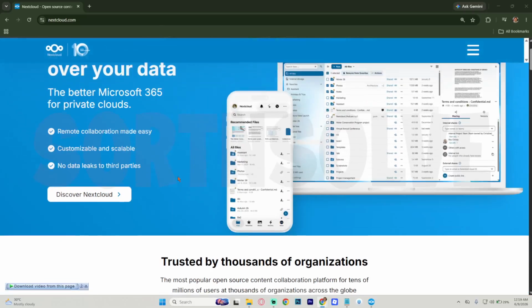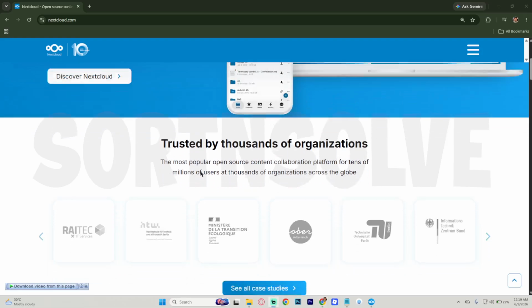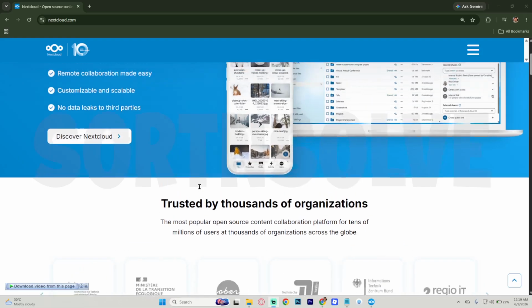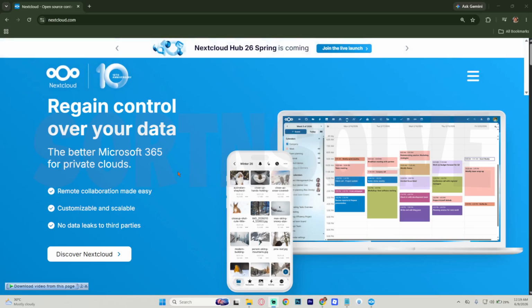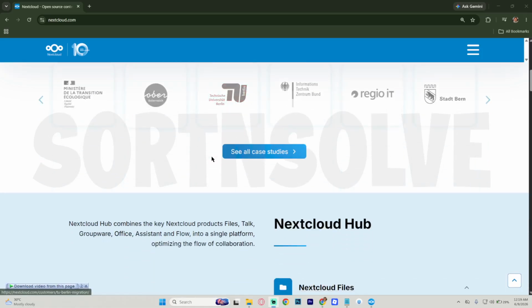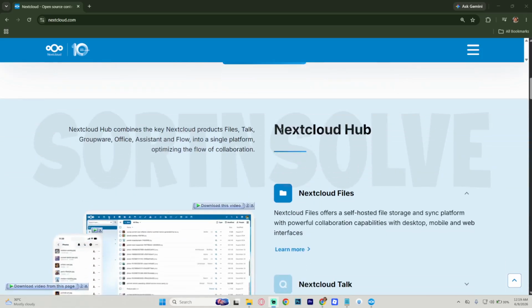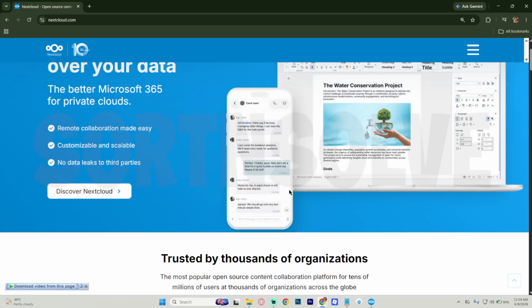Hello everyone. In this video, I'll guide you through the complete installation and optimization process to successfully run a fully functional NextCloud server natively inside your Windows 10 or Windows 11 operating system environment. Since NextCloud is designed and built for Linux architectures, our absolute best path forward is utilizing the powerful Windows Subsystem